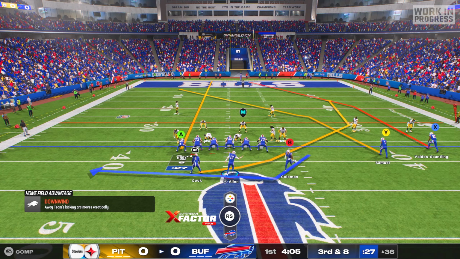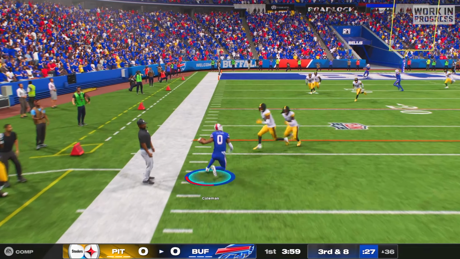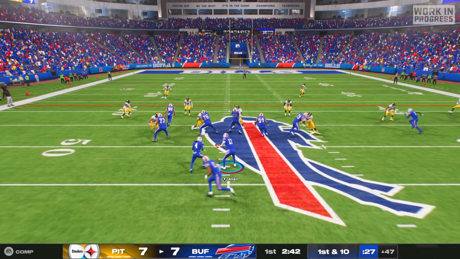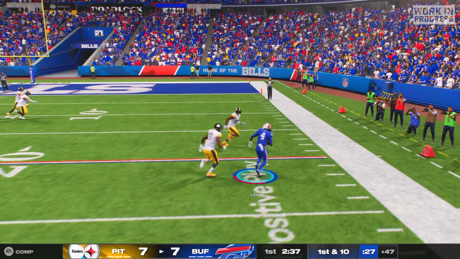the seam. The next read is the motion receiver in the flat, and if the defense leaves it open, then go ahead and dump it off to him to pick up easy yards on the outside. The third read is the running back on the wheel route, and after zone defenders are pulled inside by the receivers, you can hit the running back wheel route for huge gains as long as you pass lead the ball